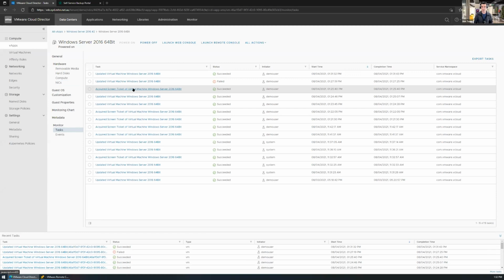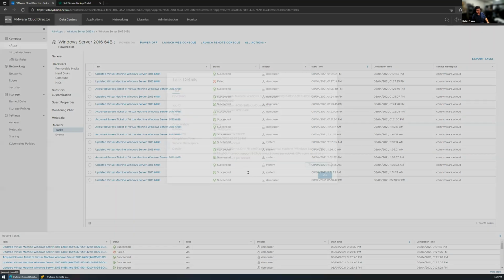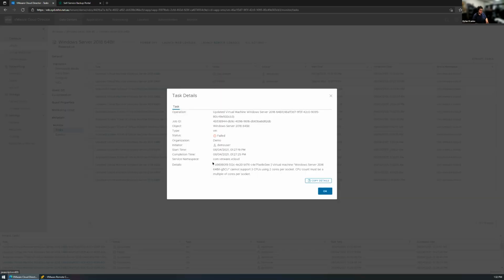It's surprising how often a partner might log a ticket and say, hey, something went wrong, the server was turned off, and you go in and you're like, yeah, sorry, one of your staff members actually turned it off because they hit the wrong button. And that's where permissions and things like that come in, that they are important. So yeah, you can click in and get some details on what the error was. This is something that frequently, when partners log tickets, if you give us this, we'll immediately know what the issue is and where to start looking. Otherwise, it can delay things a little bit if we have to go and dig for the information.